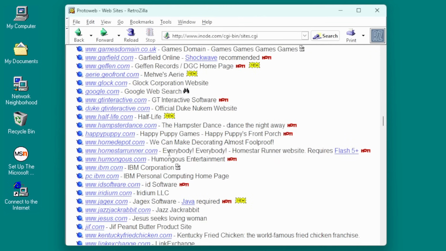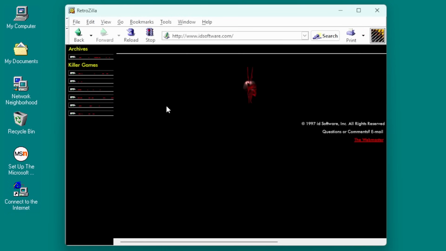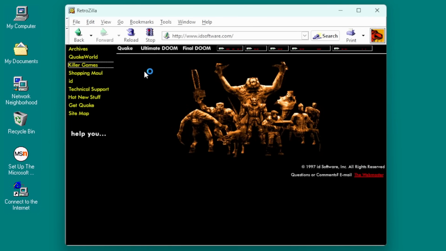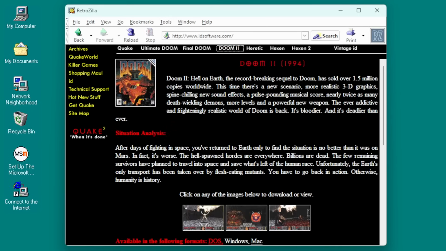And of course, we can't forget id Software, creators of Doom and Quake and so on. Let's look at their killer games. We got a Quake thing here. Got Quake, Ultimate Doom, Final Doom, Doom 2, Heretic, Hexen 2. Doom 2, Hell on Earth, the record-breaking sequel to Doom, has sold over 1.5 million copies worldwide, with realistic 3D